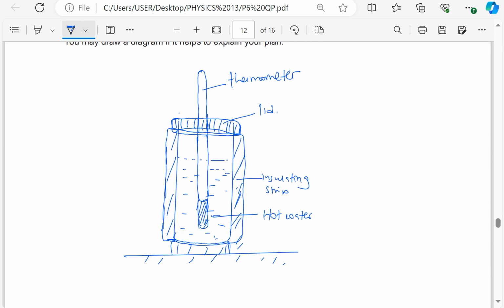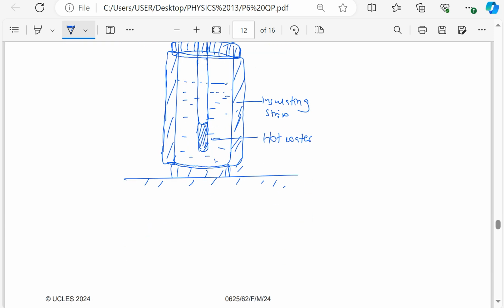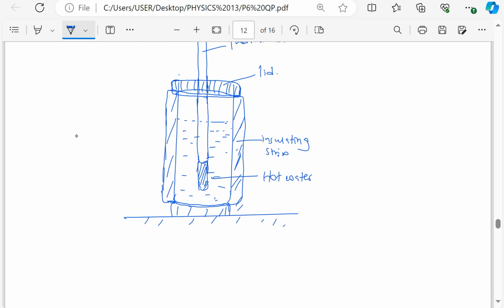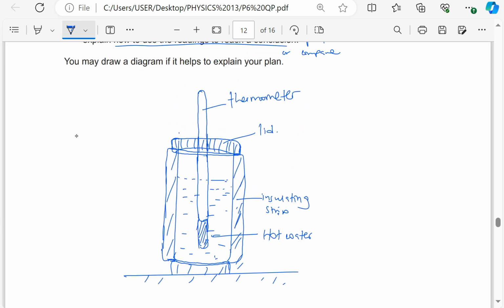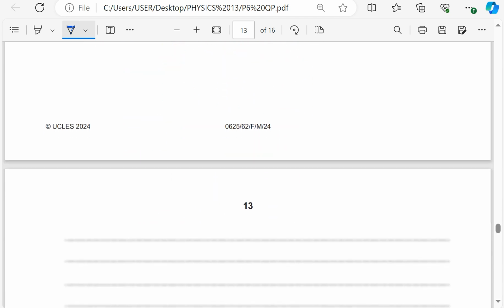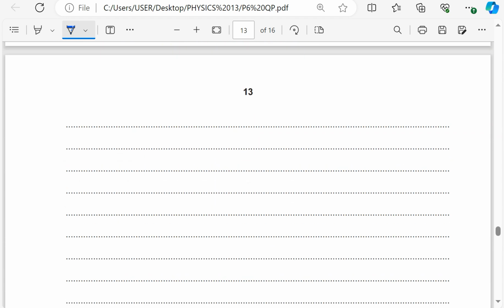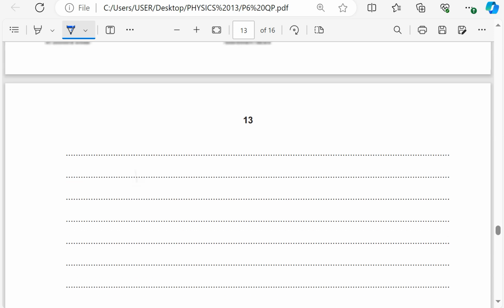I think that is a simple diagram. You have an insulating strip, hot water, you have a lid, and the thermometer. That is a simple diagram for this experiment for your level. You can draw a better diagram than mine. I don't care. What I'm interested in is the explanation here. So number one, you were able to identify which one is going to be the independent and the dependent variable. So you can tell the examiner that in this experiment,